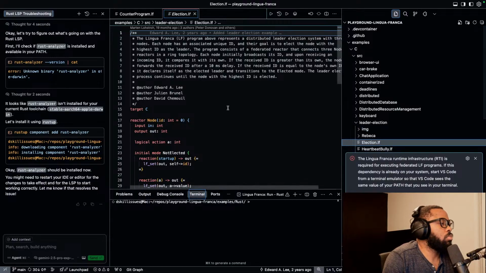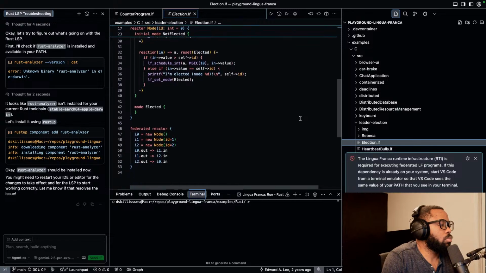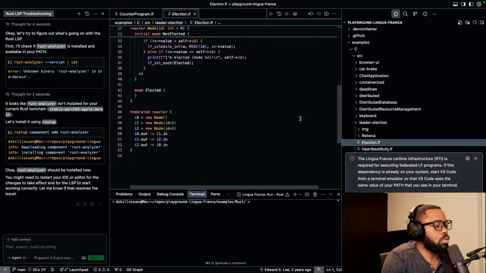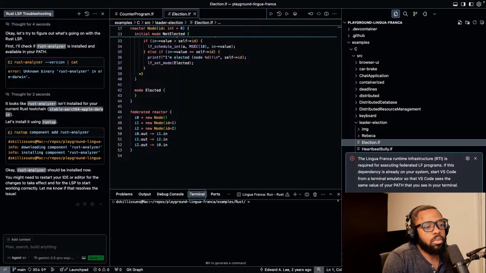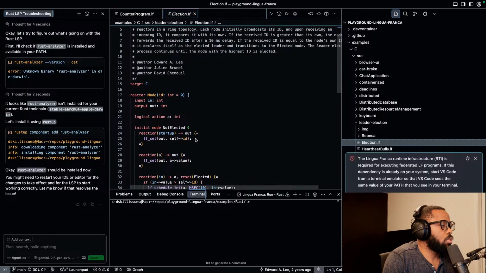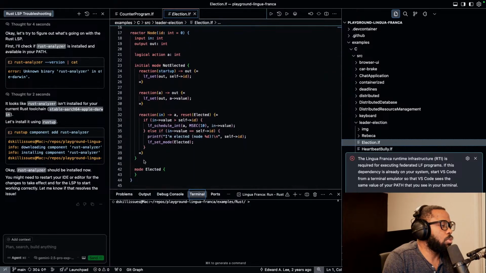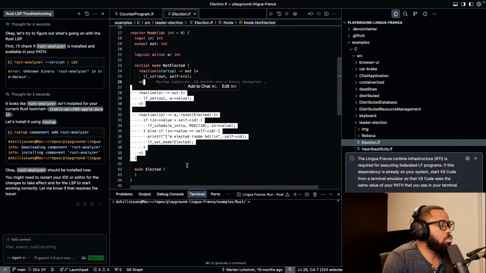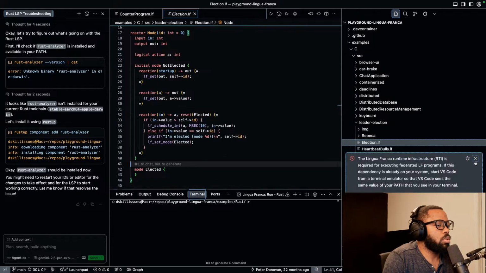Election is the main reactor. It says federated. Okay, so yeah, there are different modes. But I'm not sure what this is for.